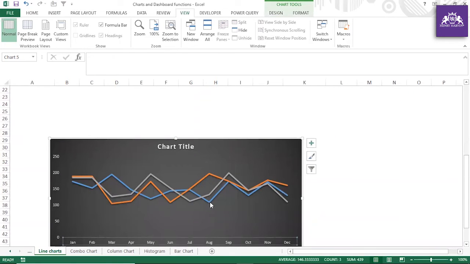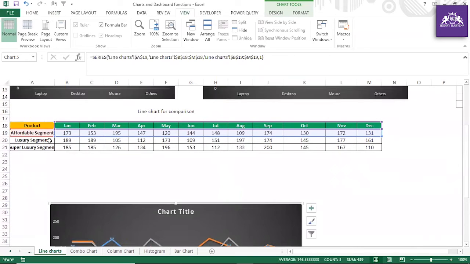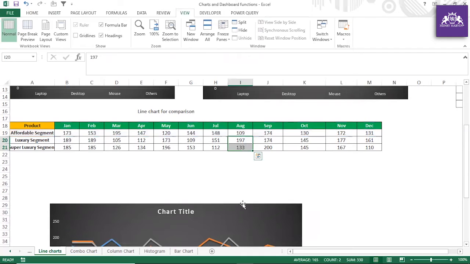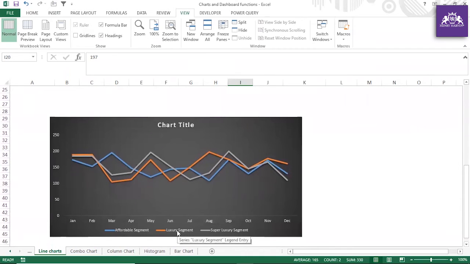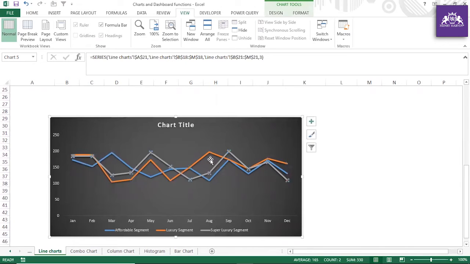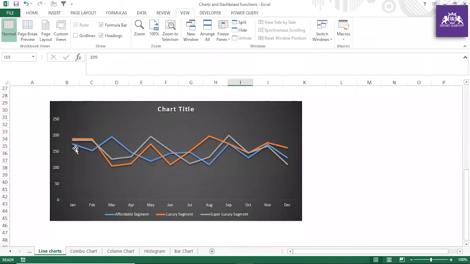So if you see, this is the blue, which is affordable segment, of course. This is the least value, and if you see these two values, luxury and super, in August, luxury and super mean the orange and this gray. So orange and gray both are better than this affordable segment, because this is 109. So this actually speaks a thousand words.